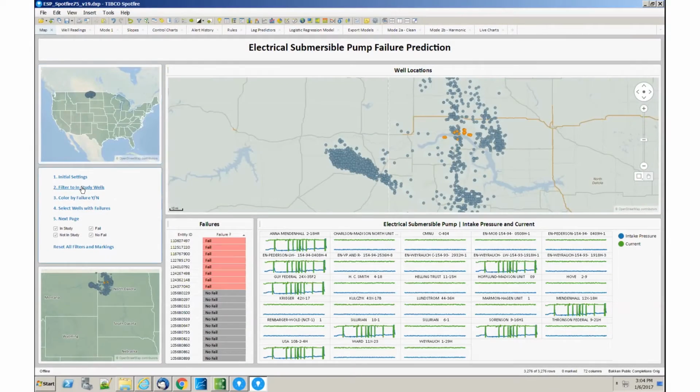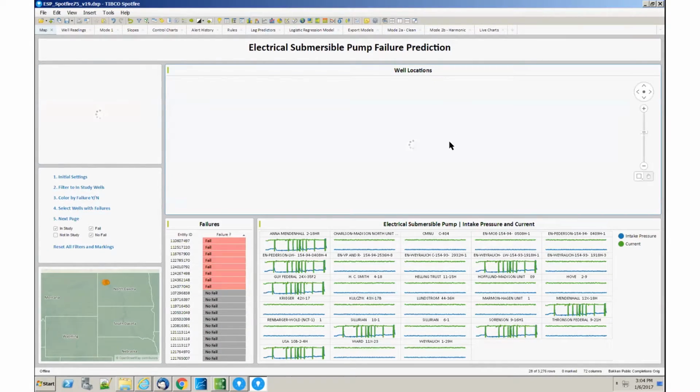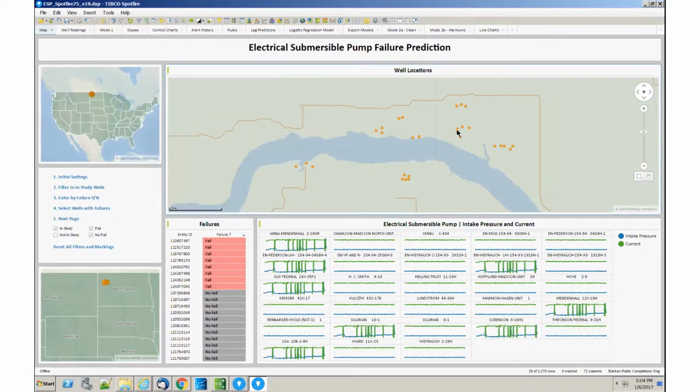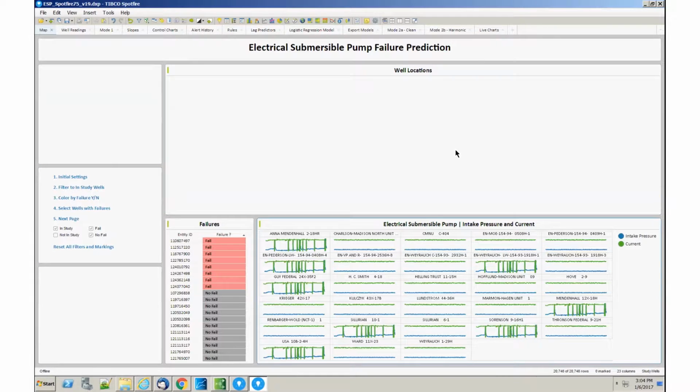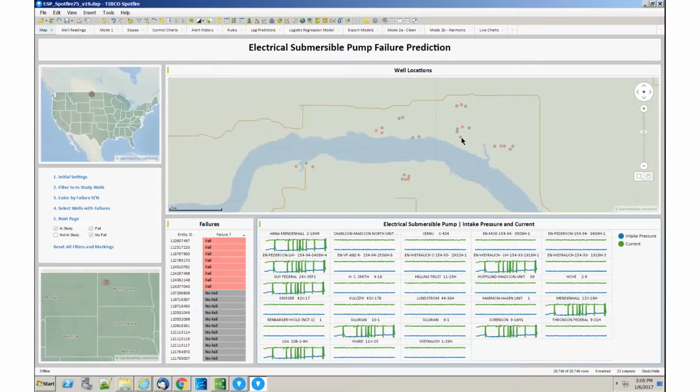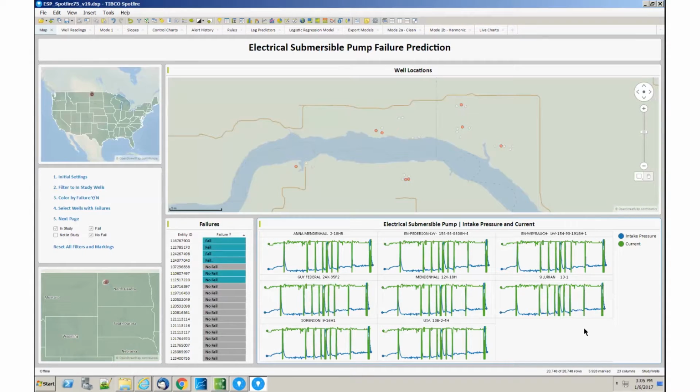There's a collection here of locations where the equipment has had some issues recently. In particular, some of those pieces of equipment have had failures, colored here in red. Those locations are of interest because the equipment has stopped working and we've lost production. So if I drill down into those areas that have a failure, the red dots on the map, I can